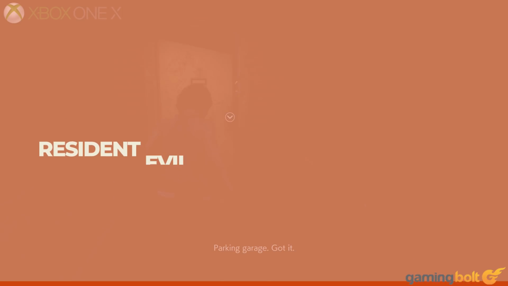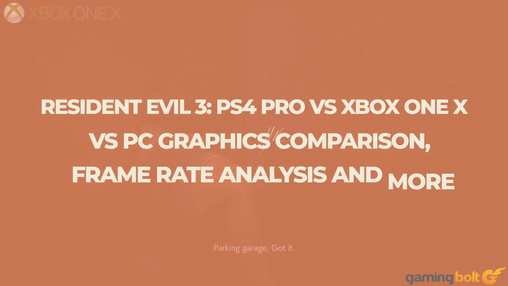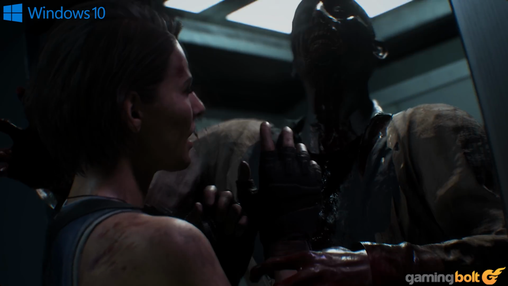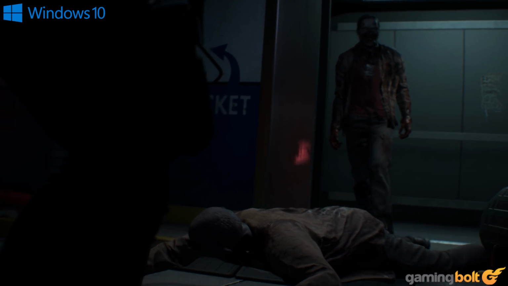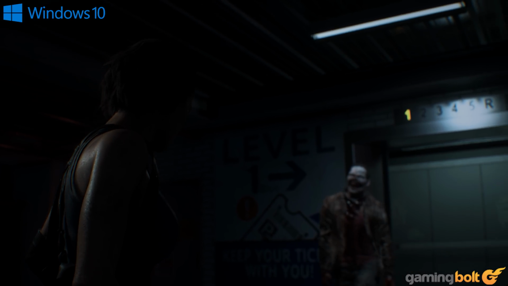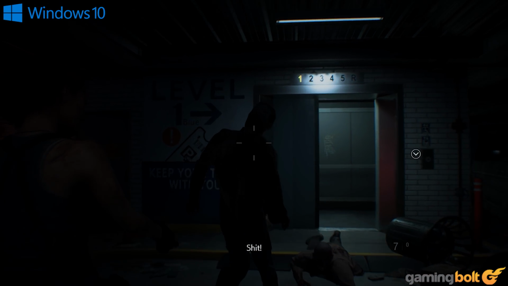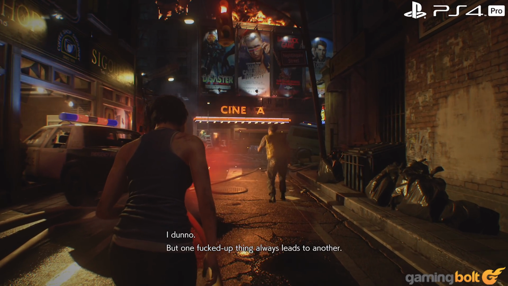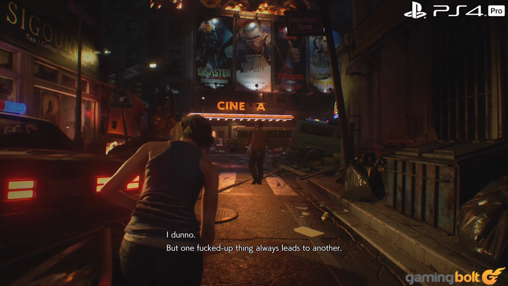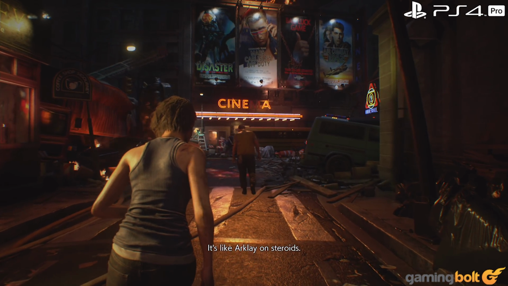Resident Evil 3 is Capcom's second attempt to bring back the classic-era Resident Evil titles to a new audience. While gameplay and environments might mark a bit of a step back from the spectacular Resident Evil 2 remake, Capcom has put considerable effort into making the franchise's latest iteration look great on current-gen platforms. As the current console generation winds up, Resident Evil 3 is one of the last big AAA games to exclusively